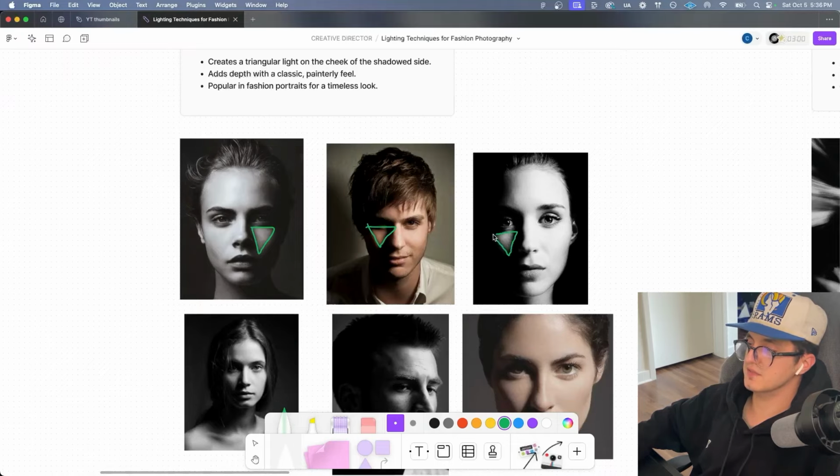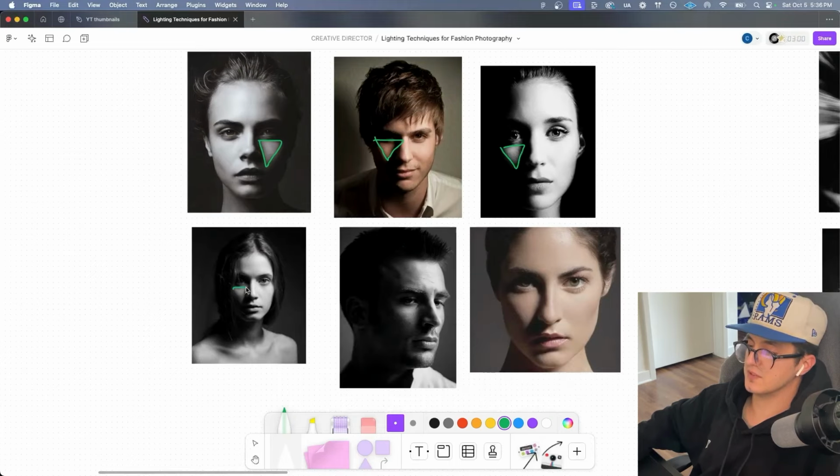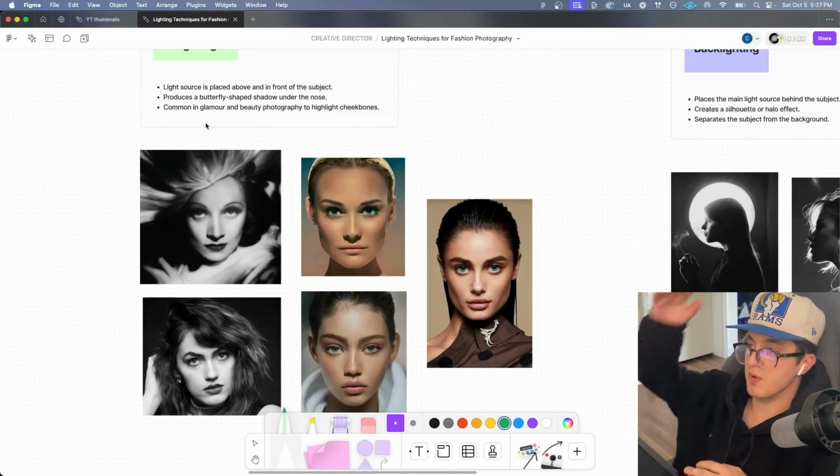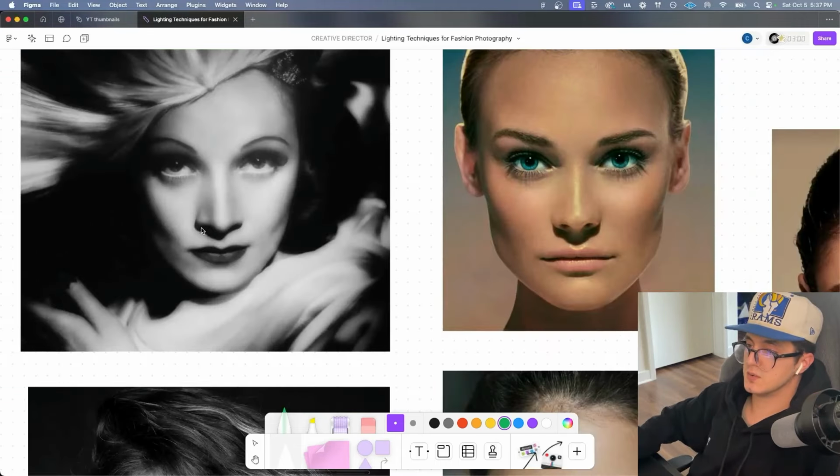Adds a painterly feel, named after the famous painter Rembrandt, and is popular in fashion portraits to create a timeless look. Next is butterfly lighting. For this style, a light source is placed above and in front of the subject, which produces a butterfly-shaped shadow